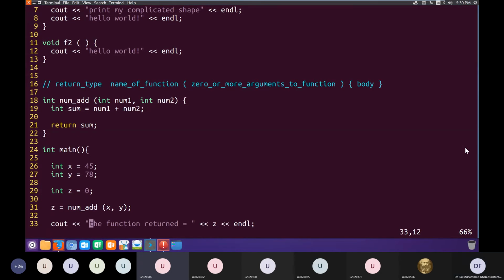Is it possible? It is possible, but usually arguments are not used for that. Arguments are used to pass values to the function from outside, whoever is calling that function.